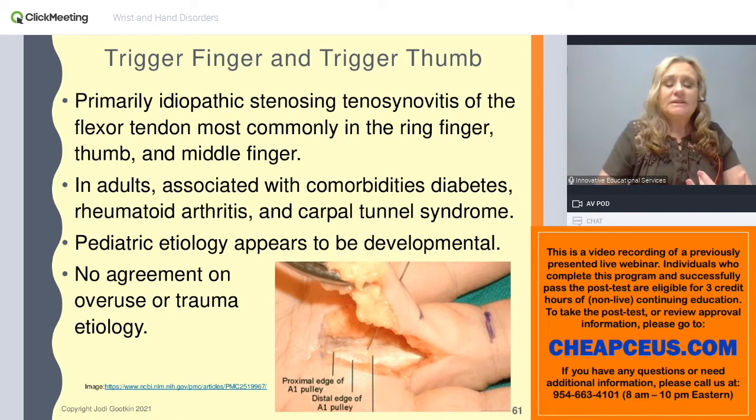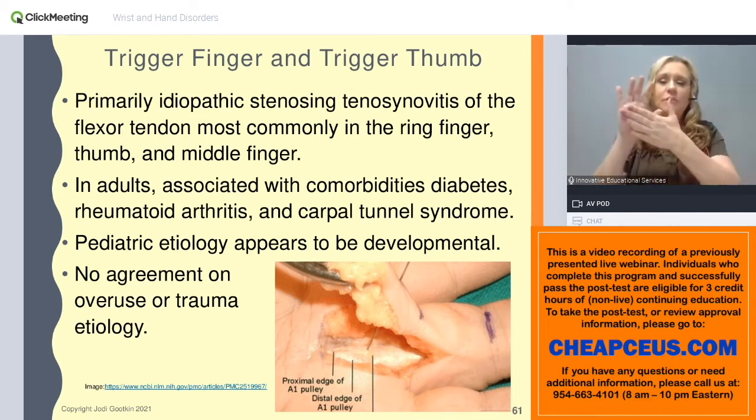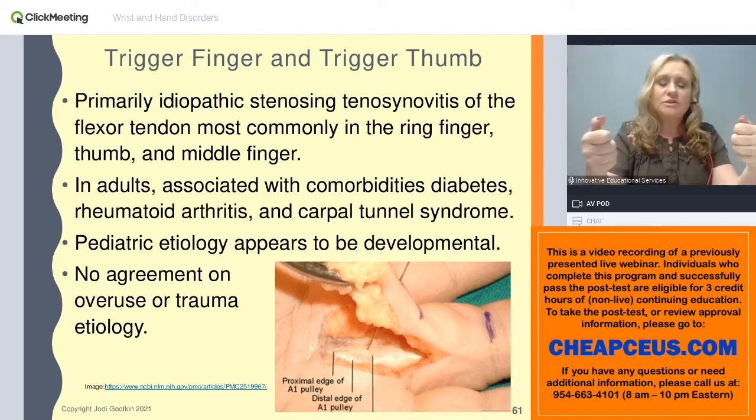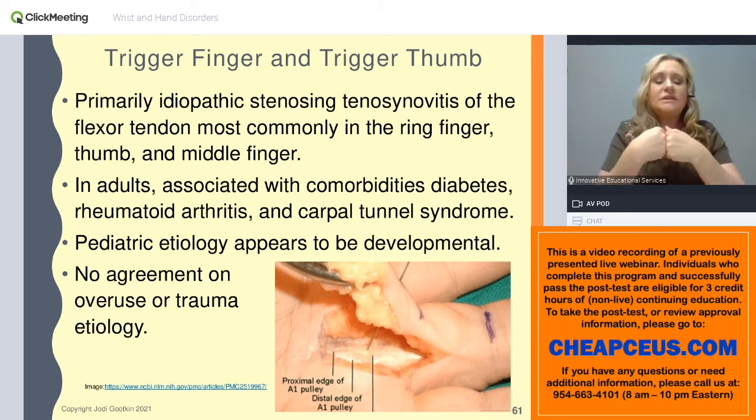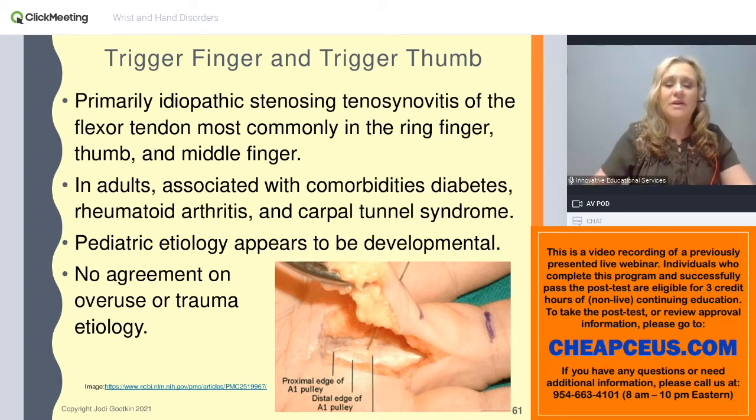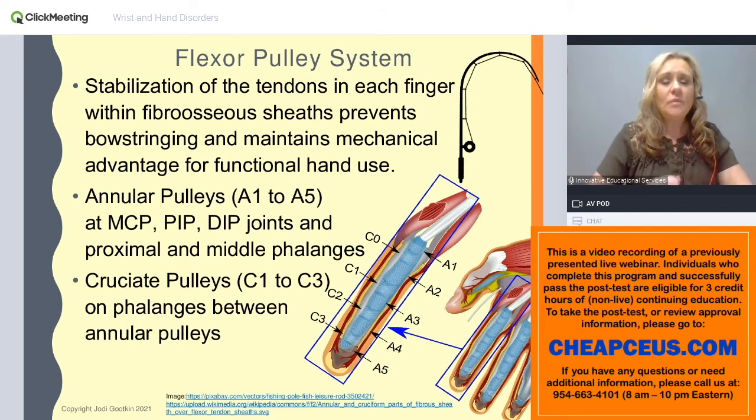Some evidence says that maybe there is some type of overuse pathology with excessive compressive force in the palm of the hand, like using gardening shears or big welding equipment with those high forces generated. Others say that it's just an overuse type of pathology, and in many cases it just seems to be idiopathic in nature. Either way, what we do see in this condition is a compromise to the tendon related to the flexor pulley